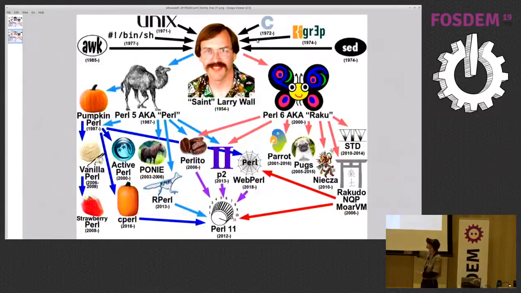So St. Larry took all these ideas from other tools and combined them in his brain and figured out what it did not have and used that to create everything on the right side, my right side, your left side, which you can see with the blue arrows. And this was really Perl 1 through 5, but we just call it Perl 5 because it was the same code base, okay? And this is written in C, and it's actually mostly, or I would say largely at least, Perl,